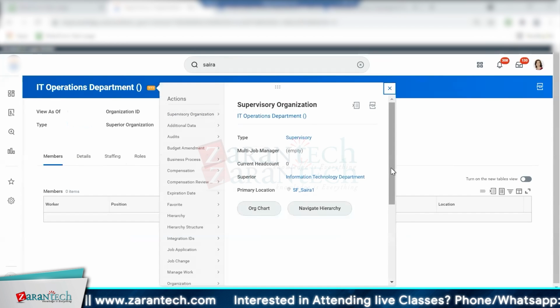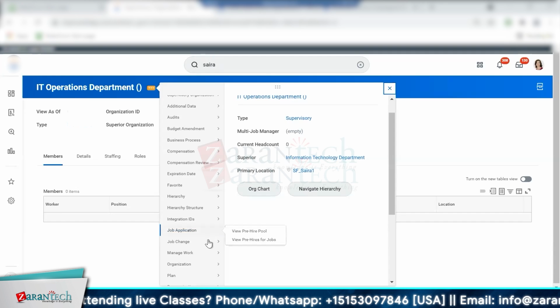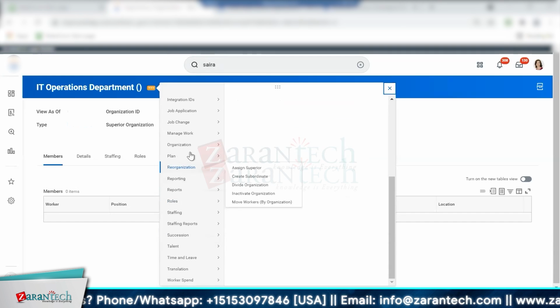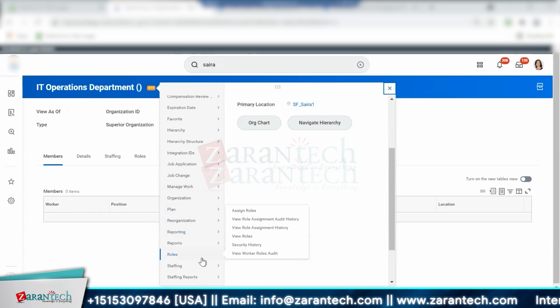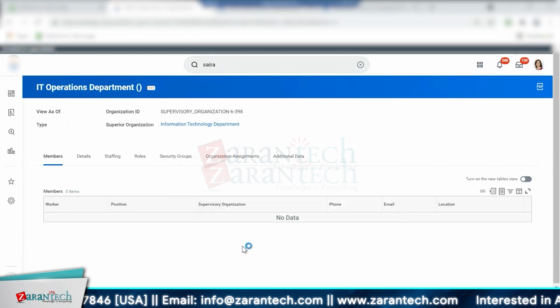And the way you can do that is either searching for create position here, or going to, oh, here, staffing. Sorry, staffing. It's create position. So again, like me, if you can't remember, search is pretty intuitive. You could just look for the tasks that you need to. So I need to first create a position,